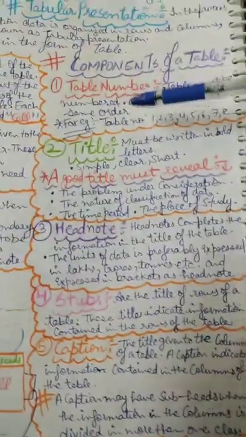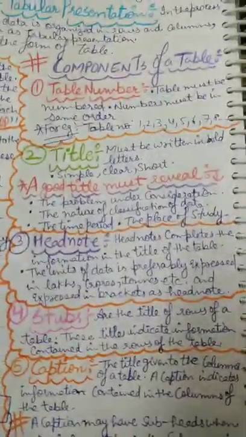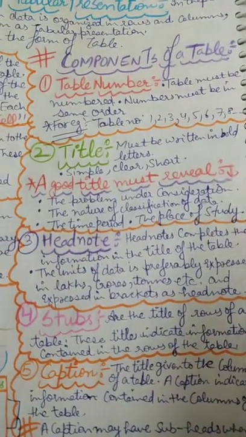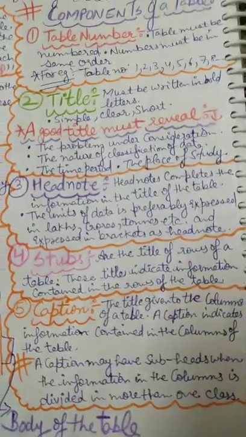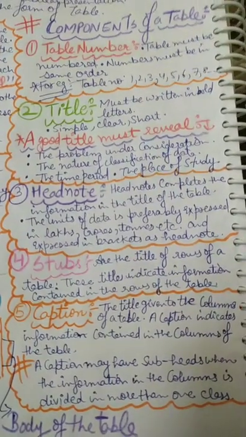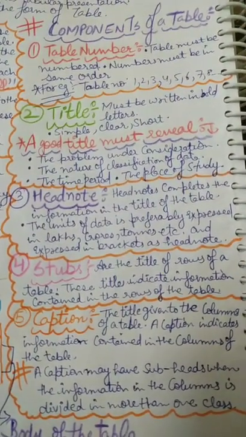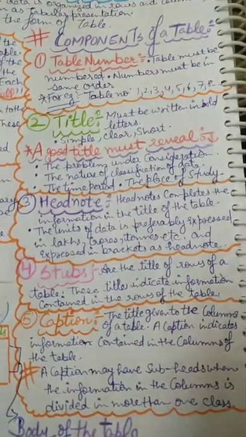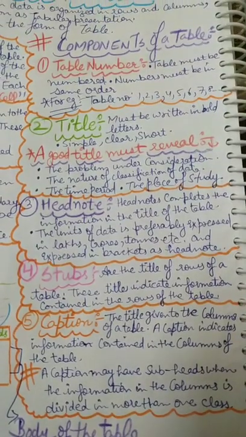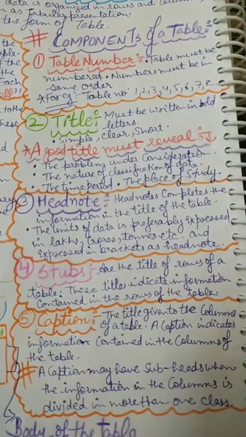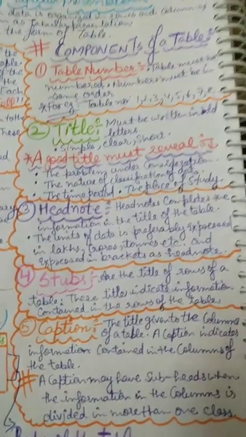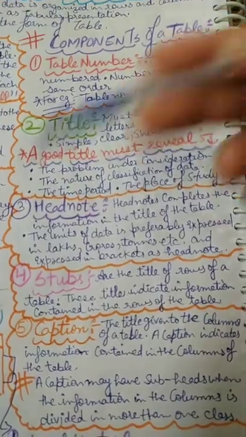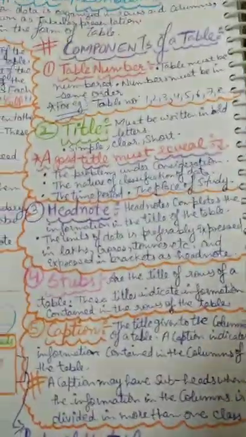First, a table must have a table number: 1, 2, 3, 4, 5, 6, 7, 8, and it must be on top. Next, the title must be in bold, dark, simple, clear and short, and it must represent the data or body of the data in the table. For example, if I am going to collect the marks or result of class 11th commerce, then I will have to write class 11th commerce, so any viewer can easily get that the table is for class 11th.